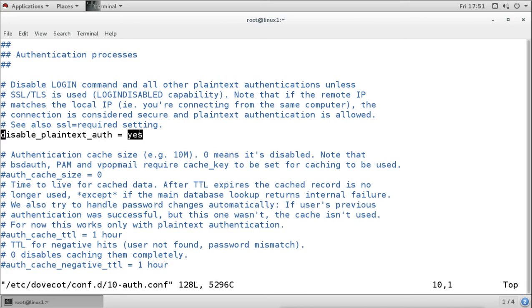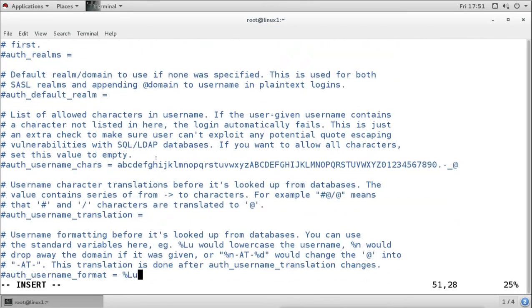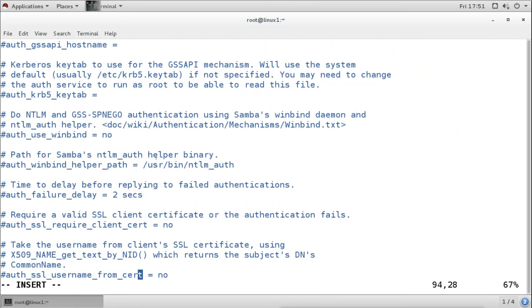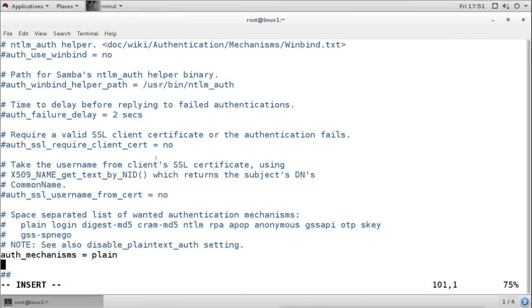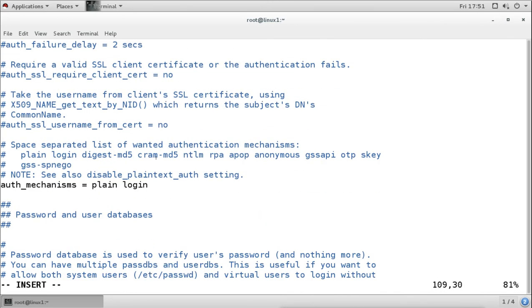That means it is disabling the plain text authentication. So for enabling it, I will say no, don't disable it. Then at line number 100, you have the option mechanisms, which is plain by default. We have to add one more option here, login. That's it for this file. We save it.